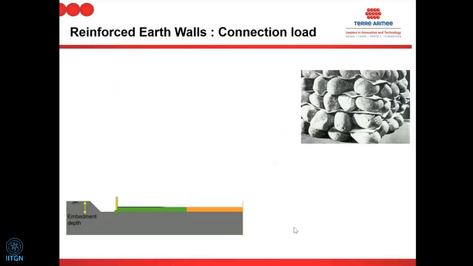So this is a typical construction method. I don't have to explain. You put the panel, you put soil, you keep on building the structure. That's quite straightforward. Just ensure that the panels are well aligned. Let's stop here and check what's happening at this particular point. Just focus on this particular layer of soil reinforcement. What's happening